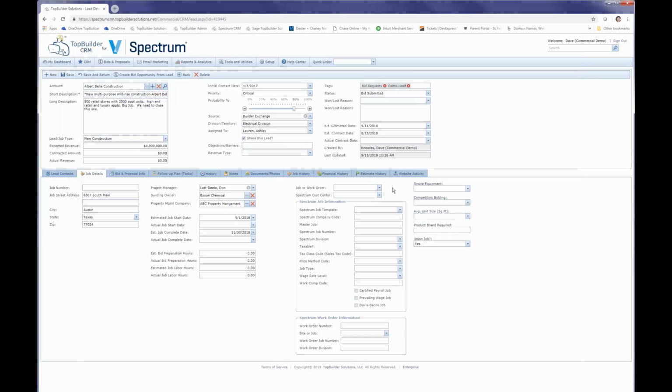Because we need to decide if we're going to send this over to Spectrum, are we going to create a job or are we going to create a work order? Okay. And our customers do one or the other or both. We have that. And then for job information, you have all kinds of job information that you can use as